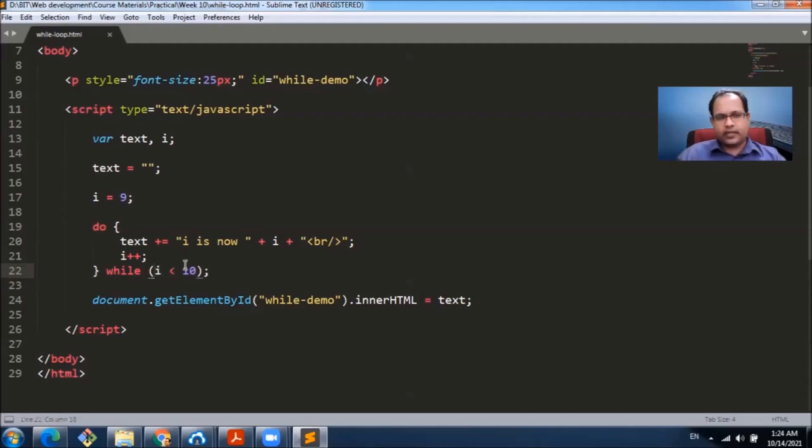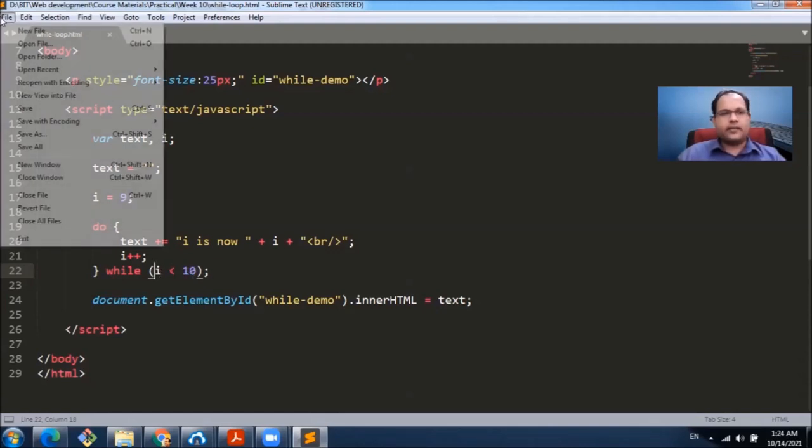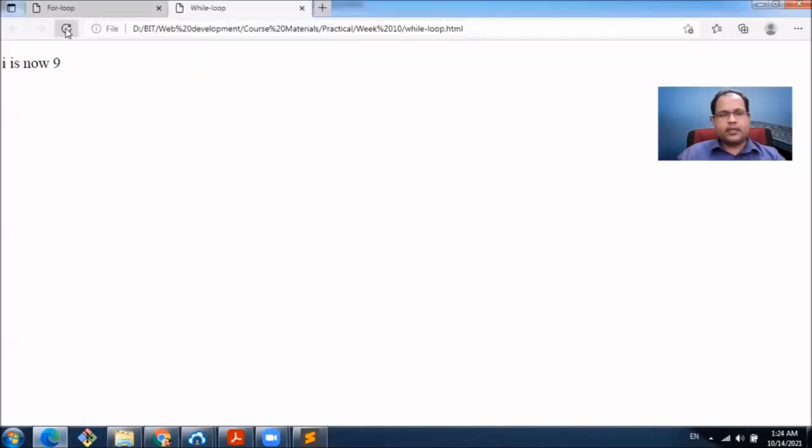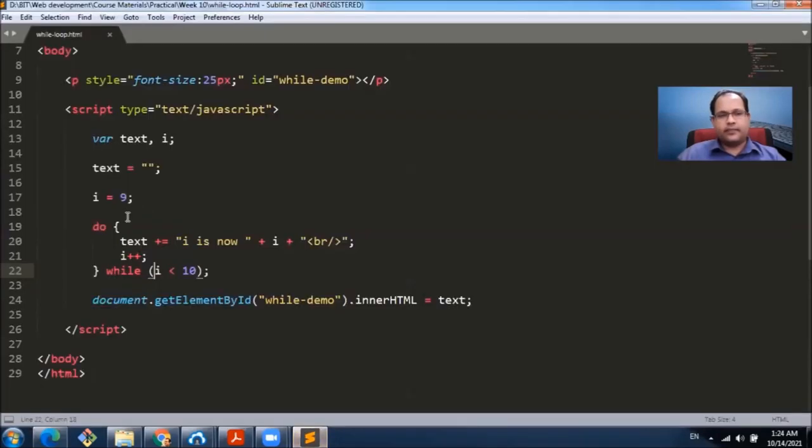Okay, now I is 10. This is not getting fulfilled. I mean, this condition is false, so it will terminate. Let's try that out. Yes, I is now 9 and then gets incremented, then terminates. What if I is 8? It will run the statement anyway in the first run.